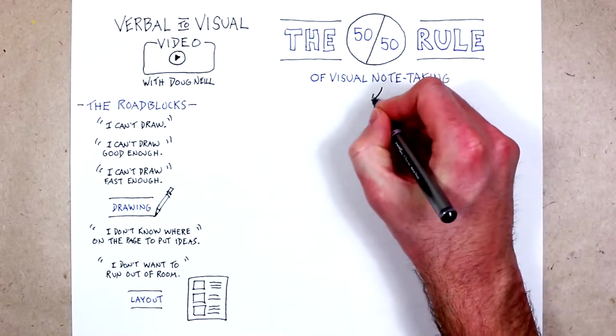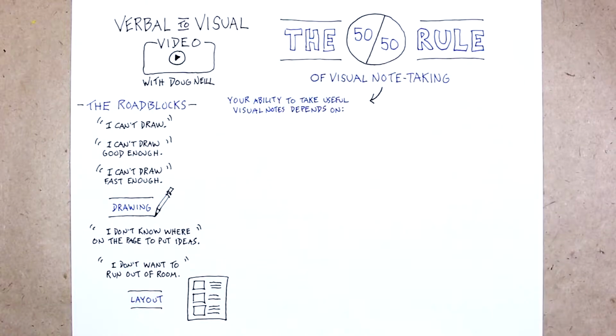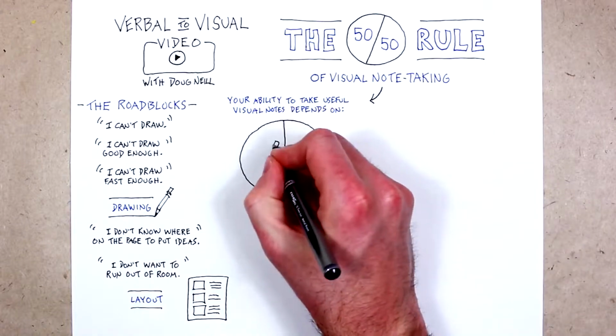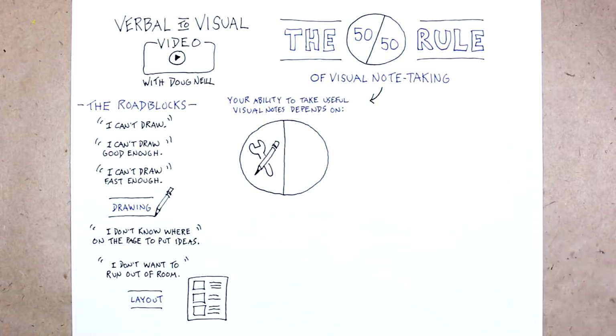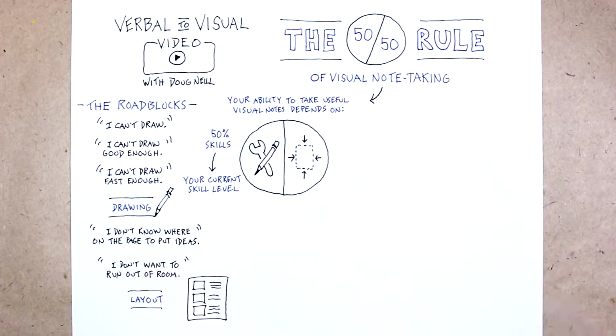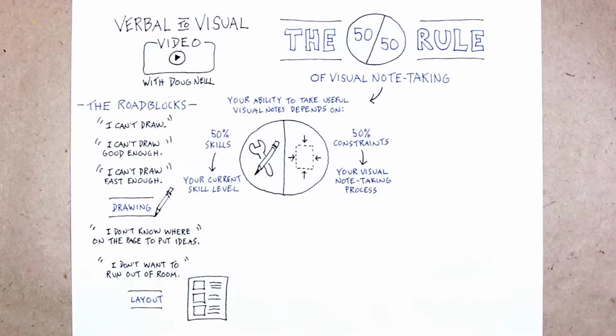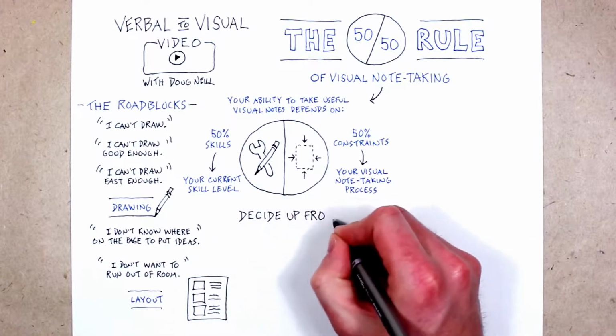It is my strong belief that your ability to take useful visual notes depends on two things. Only 50% of it is about your current skill level. The other 50% is about the constraints that you set up for yourself. Those constraints are what make up your visual note-taking process. When I talk about constraints, what I mean is that you should decide up front a number of things, such